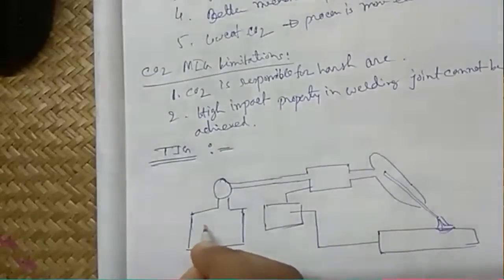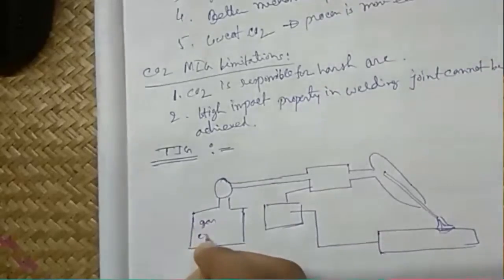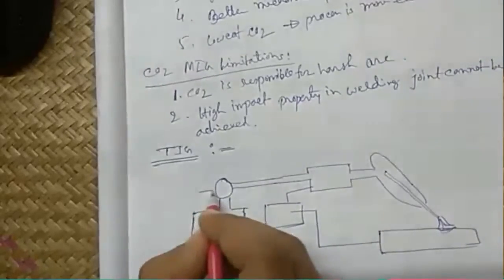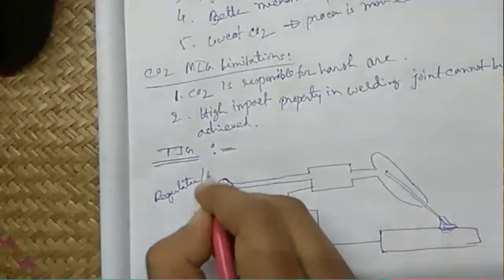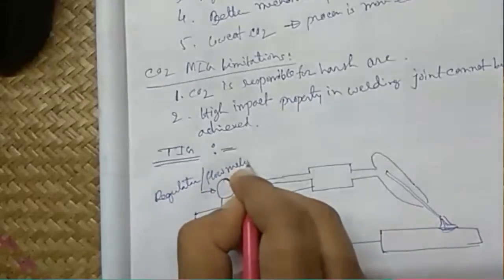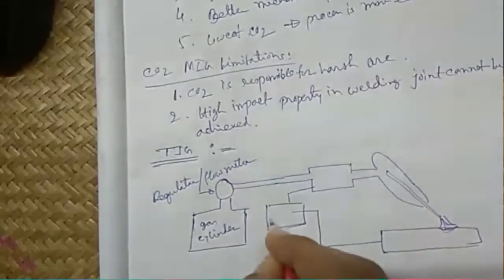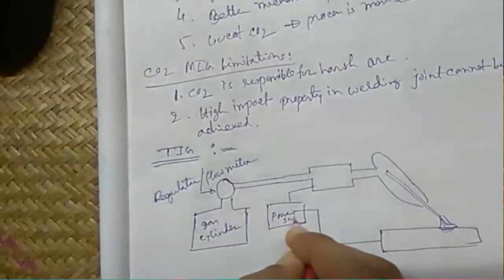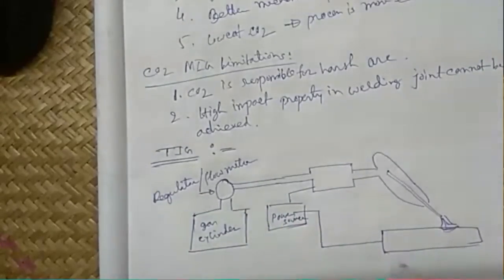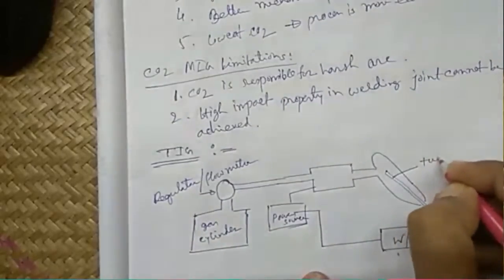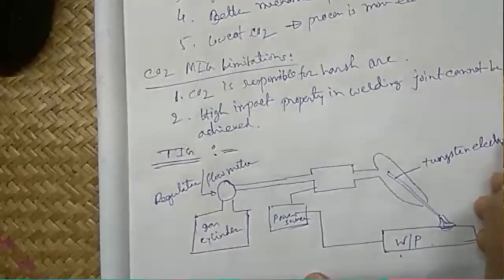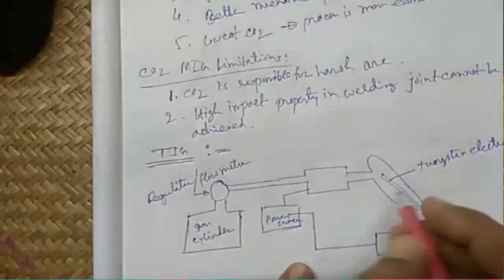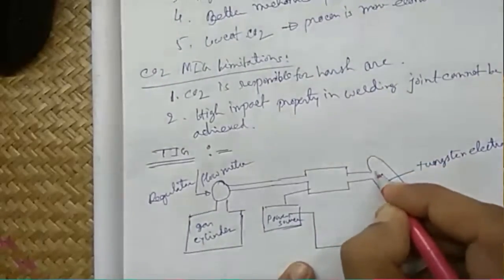This is your gas cylinder. This is your regulator and flow meter. This is your power source. This is the workpiece. This is the tungsten electrode, and here